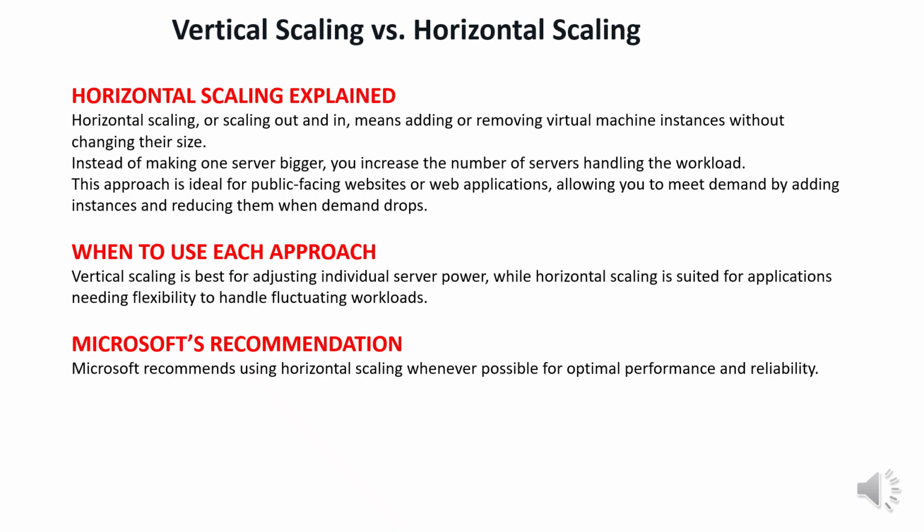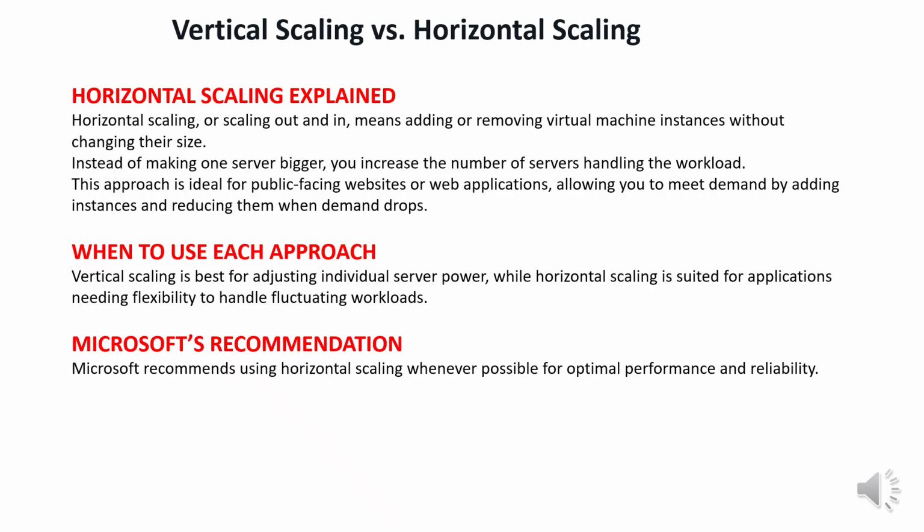Horizontal scaling, or scaling out and in, means adding or removing virtual machine instances without changing their size. Instead of making one server bigger, you increase the number of servers handling the workload. This approach is ideal for public-facing websites or web applications, allowing you to meet demand by adding instances and reducing